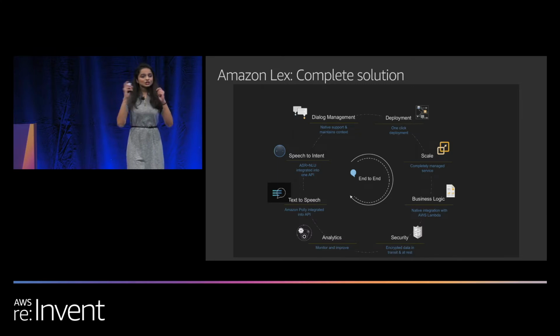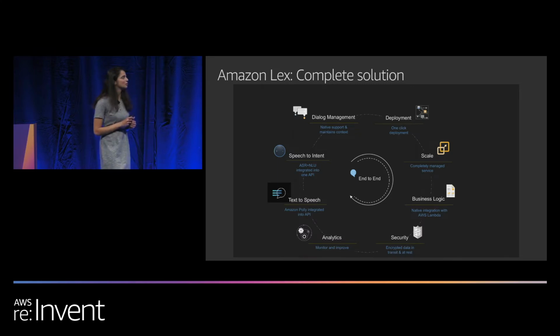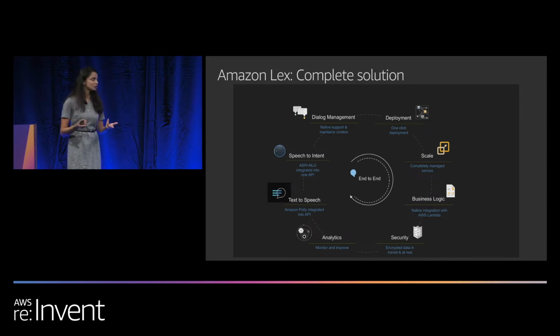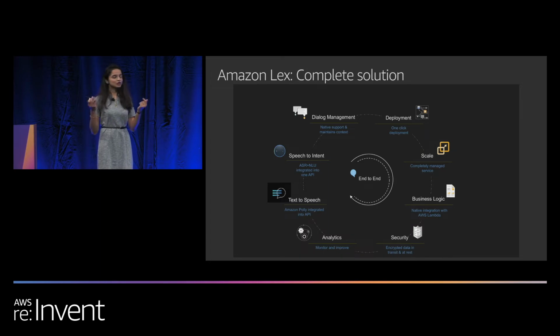And Amazon Lex checks all those things that we just spoke about. First, deployment. It's super easy. You build a bot, and you just click on publish. It's one-click deployment. You can publish it to various channels like Facebook, Twilio, or if you have a Slack channel, you could publish it to that. Or if you have a custom client for your bot, you can publish it on that as well. It's up to you. You can easily integrate it with DevOps, and you can start using your chatbot. And it scales on demand, like all other managed services that we have.